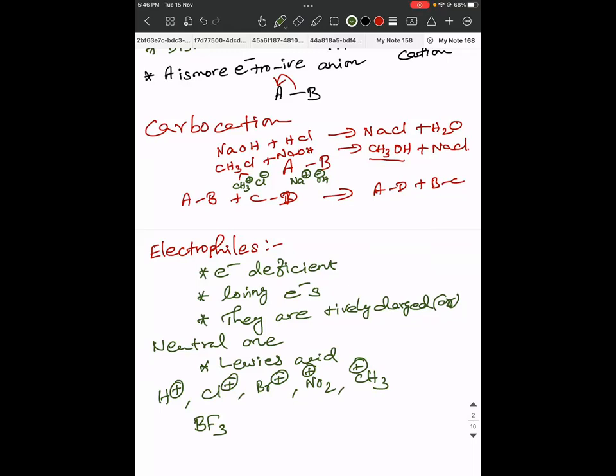Then 3 fluorines. So totally how many bond pairs? Actually, octet means how many electrons should the central atom have? 8. But it is deficient by 2. That's why we say it is an